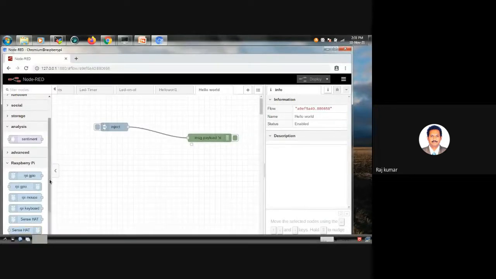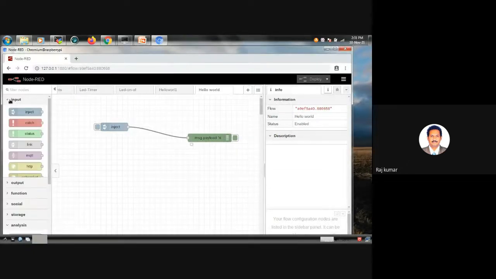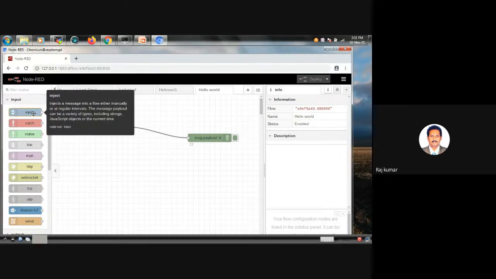Here we can see many types of grouped nodes. One is the basic input and output. Here we are going to use this inject node. If you move the mouse pointer over it, you get information about that node, what its purpose is and how it works.